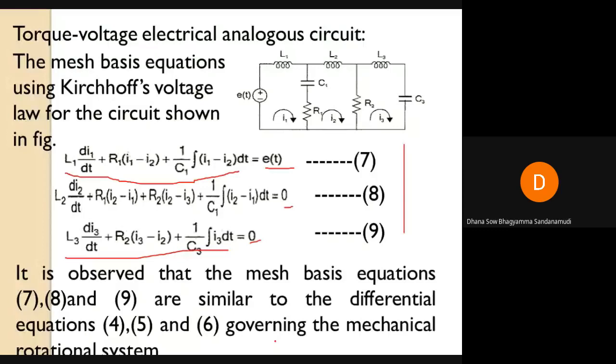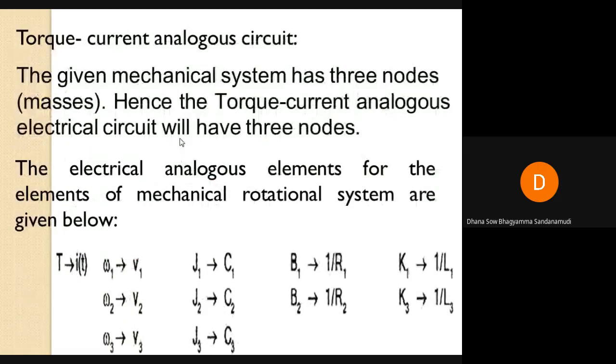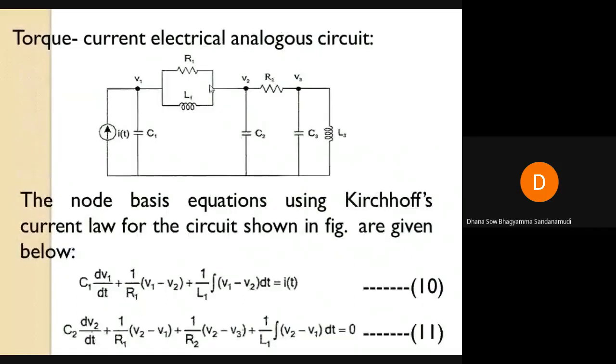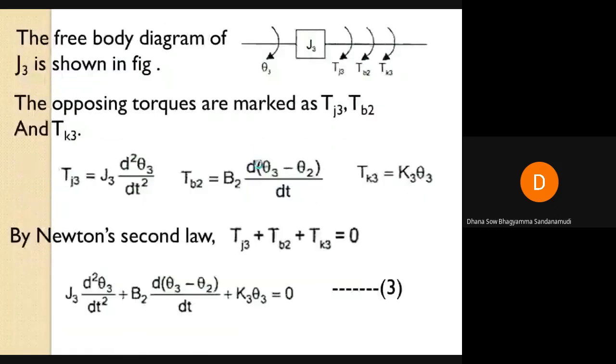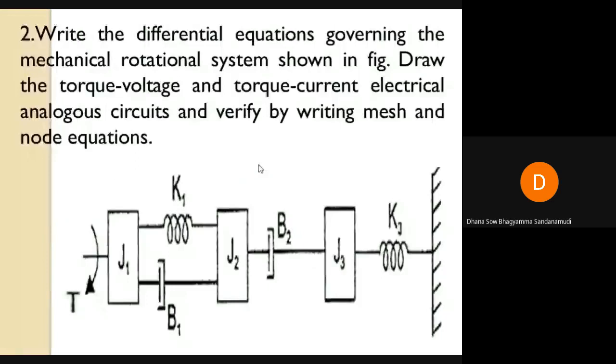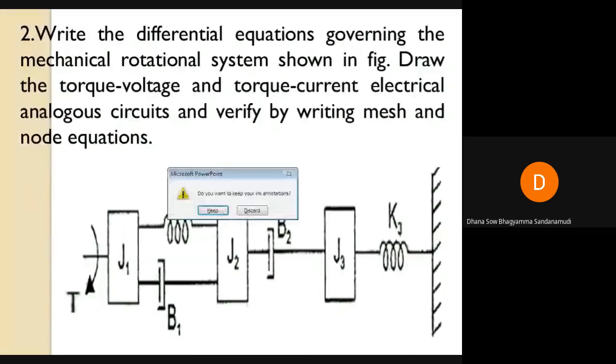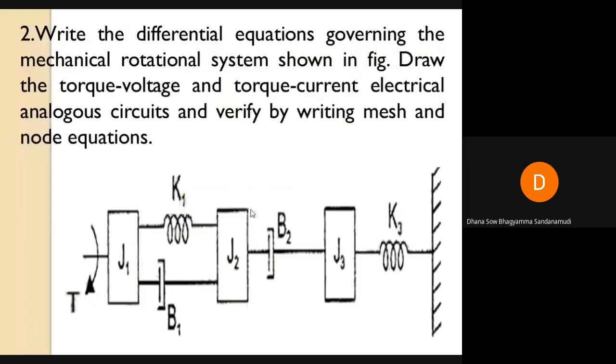Similarly, let us go for the torque equation. So these are the relationships. If you remember these analogous terms for current, velocity, voltage, angular velocity, you can easily draw the electrical circuit. So let us take the mechanical circuit. I will copy this.